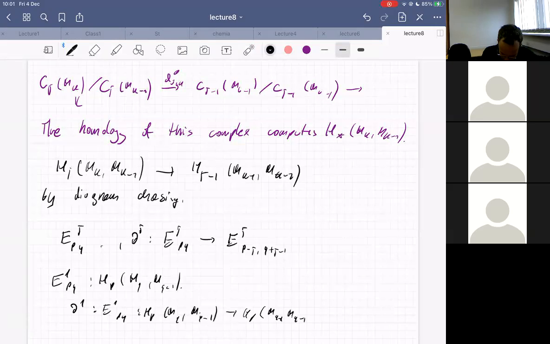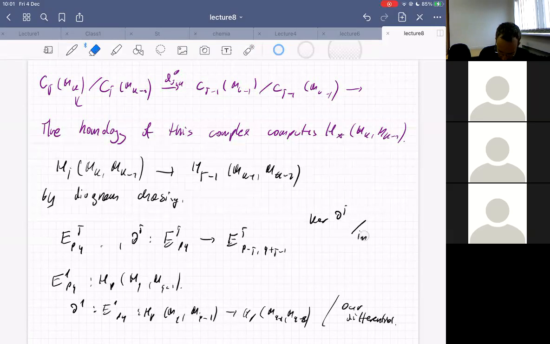minus 1, MQ minus 2, which is our differential. And the key point with the spectral sequence is that the kernel of DJ PQ mod the image of the kernel of DJ, and the image divided by the image of EJ is EJ plus 1, with the indices that you have to remember, that you have to check always. And so this is the differential, and the other phase is that